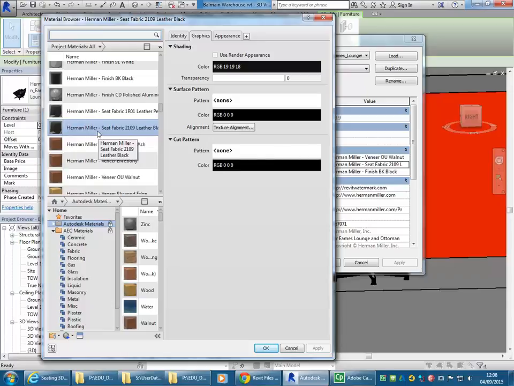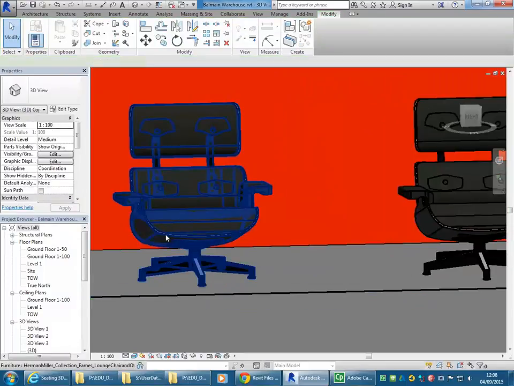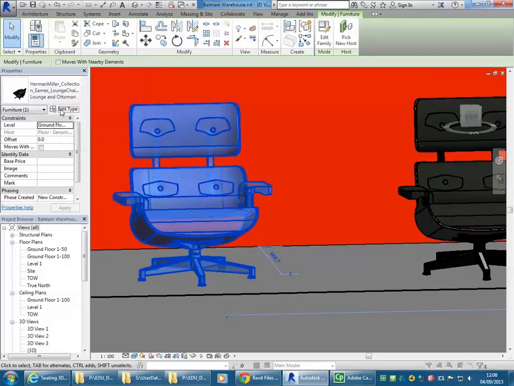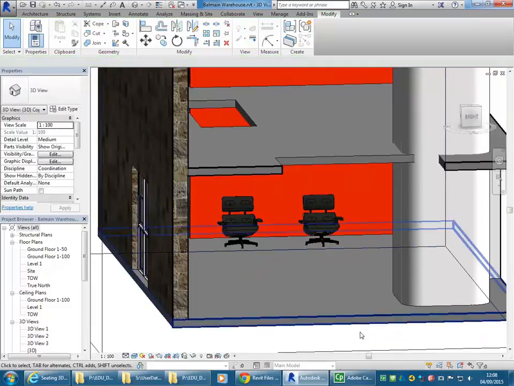Exactly, yeah. Can you just show me where you've got there again? So I've just selected the chair. You didn't go into the... No, I didn't choose edit family. I've just selected the chair, then edit type. So when you double click on the piece of furniture, that's a different thing. When you just click and choose edit type, that will give you the properties. That's right. Exactly. Yep. So that's it. So I'll give you some time to